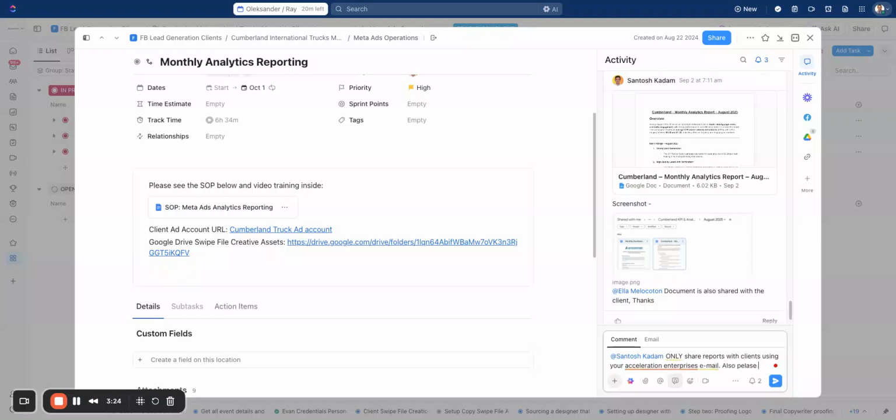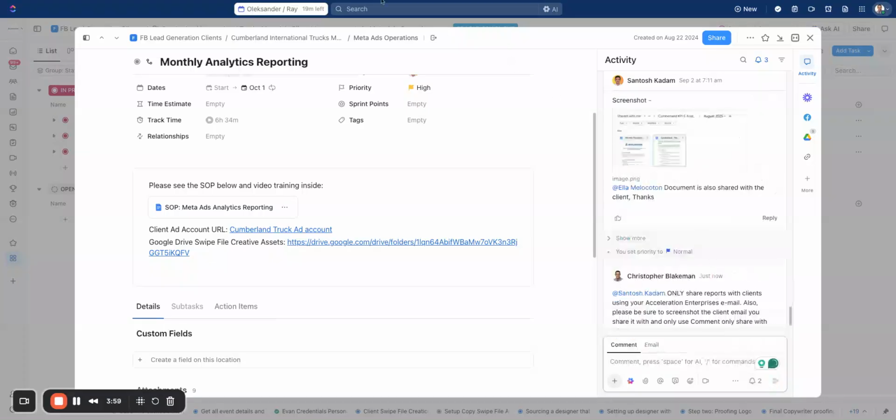Also, please be sure to ask for screenshots of the client email you share it with, and only use comment-only sharing with clients. That's it. Right? That's all. We want to make sure. So then you're going to read their reports, okay, and see